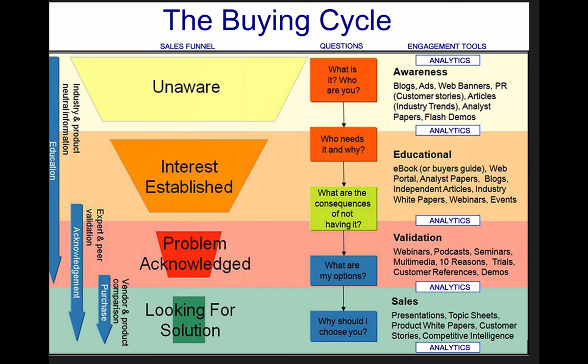Then as they get later down in it, they're more interested, and that's really turning what they call suspects into prospects, into actual buyers. They go from unawareness to interest is established, they acknowledge that they have a problem, and then look for solutions. And at the right-hand side are what we call those lead magnets. Here they call them engagement tools. And it really can help you decide